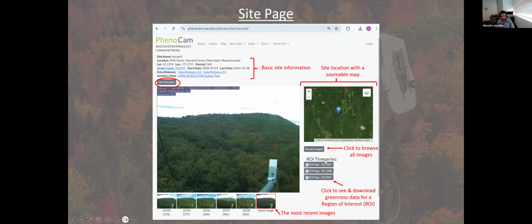And then you can go through different ROIs. So as Oscar mentioned, we define some region of interest, that is ROI, for each site, and that is usually based on what site PIs communicate with us, or based on what we think can be useful for that site. So for example, if we click on one of these, like browse images